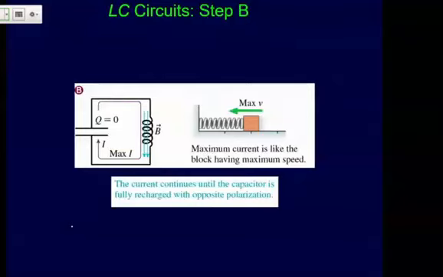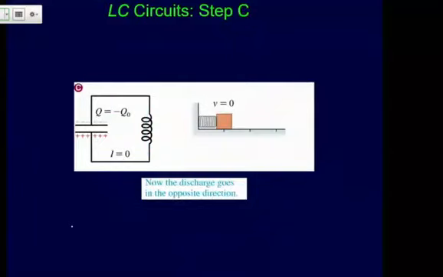You've got the maximum velocity of the block. This spring is now starting to push back. And so here, the current has gone through. All the positives have canceled out these negatives, and so the capacitor is neutral. But again, you've got this current in the inductor, and the inductor cannot just stop. And so the current continues on to the point where you then flip the signage of the capacitor, and